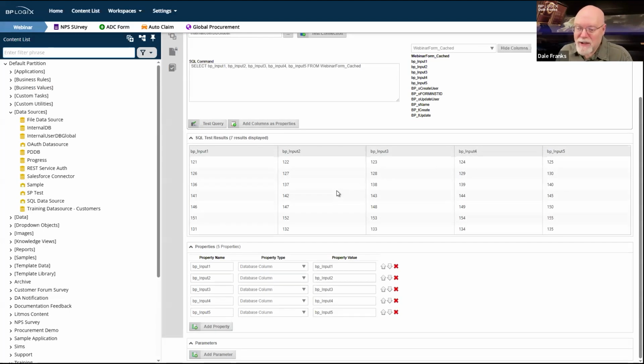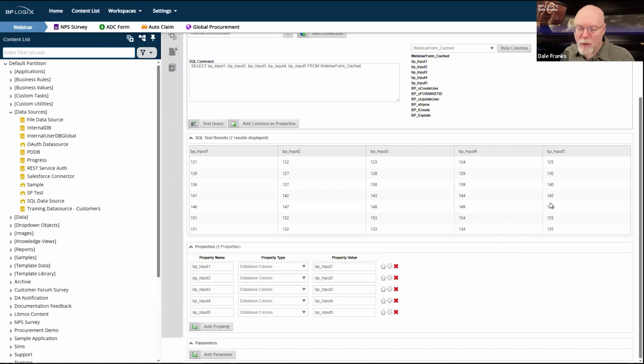Basically, I had nothing in my last data cache because we created the cache, which gave me an empty table prior to creating the form instances. Once I created the form instances, they existed, but there was no data for each of those form instances in the cached table. So it grabbed the number of instances. It knew that, but it couldn't grab any data because that data had not yet been stored. Running it again restored the data. Now I've got data in my knowledge view or my business value, and I can use this data now anywhere.